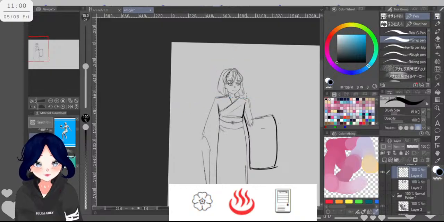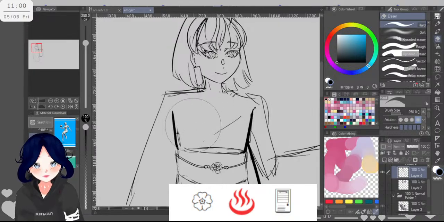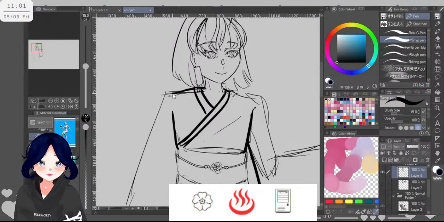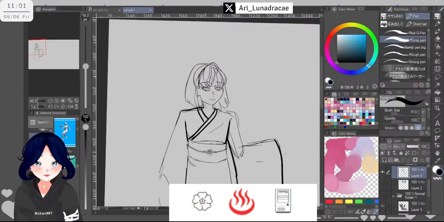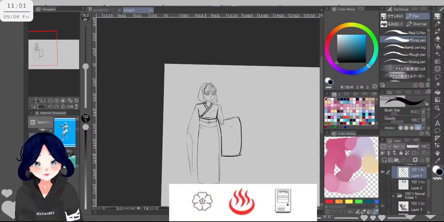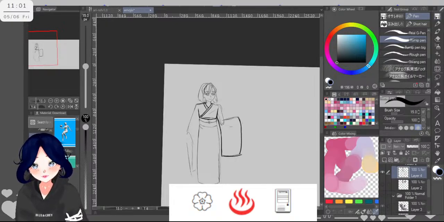Okay, so this, make it like this. Also, so far we know that the fabric should look a little more detailed, but I don't know how to work with the pattern.